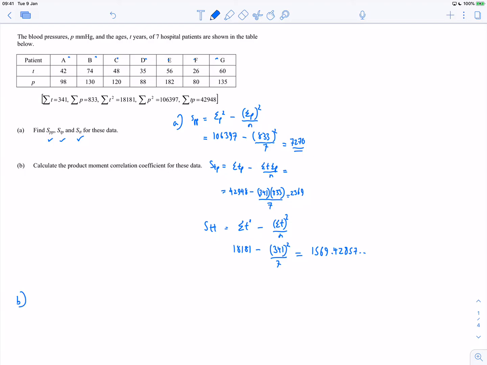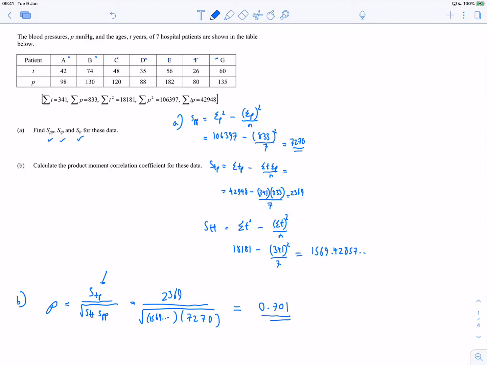And for part B, calculate the product moment correlation coefficient for this data. So the r value is just going to be STP over the square root of STT SPP. I always remember it's the one that's got two different things over the square root of the product of the things that have got the two same. So T and P are different, so PP and TT go on the bottom, TP goes on the top. So TP was 2369, and this is all over the square root of STT, which is the 1569 point stuff, times SPP, which was 7270, and that will give you a value of, to 3 decimal places,